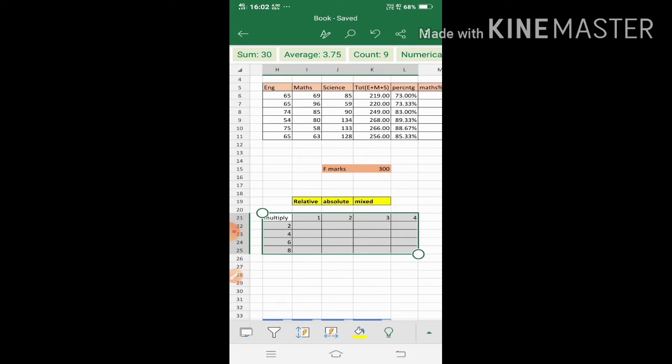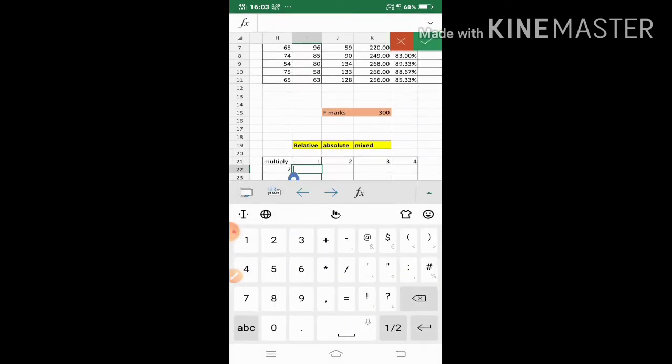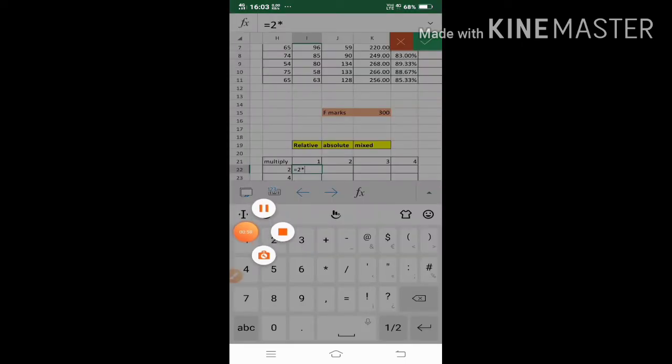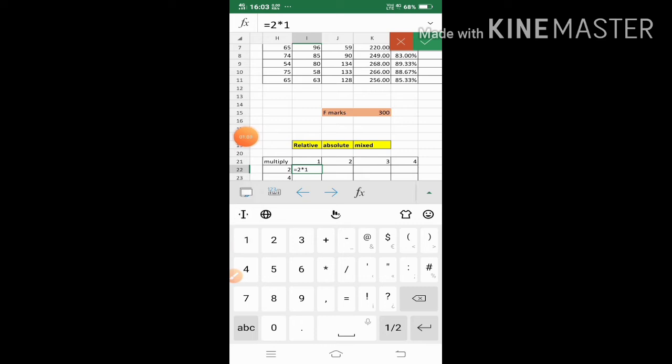So here, if I apply one thing, I am giving the first example as equal to 2 multiply 1. I am giving the row number into this one.